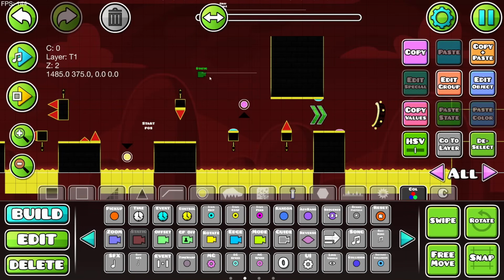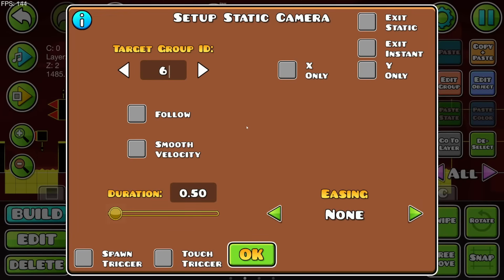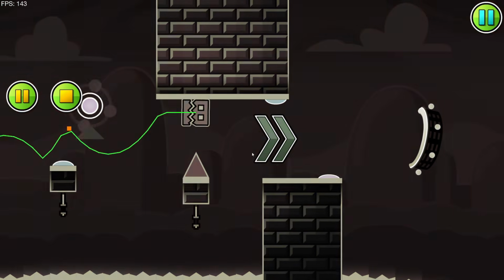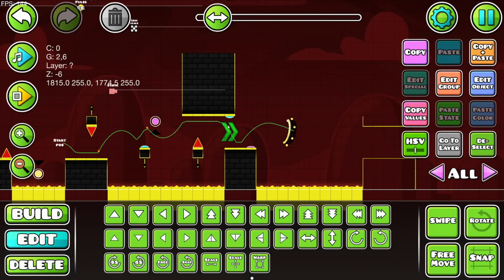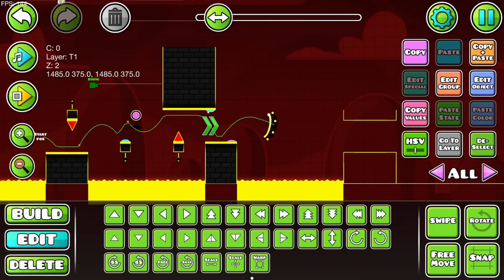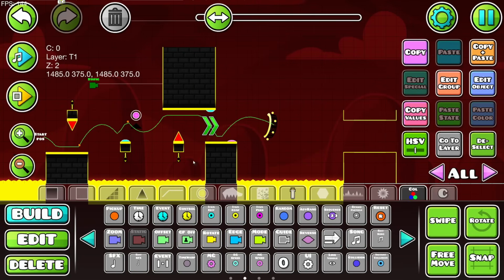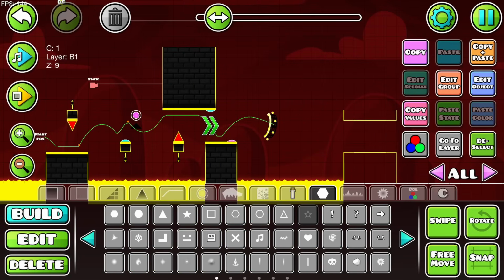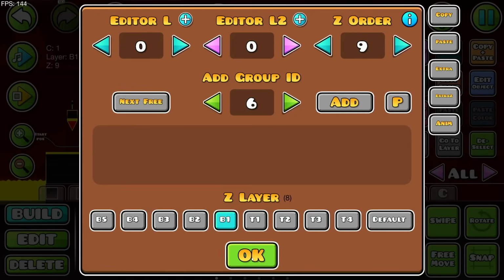pretty nicely into the camera control section of this video, where I'm going to place a static for group number 6 on an ease in out. 1 second, when we play here, you'll see that the camera's going to lock onto this little speed changer. It's not the greatest spot that I could have put this static camera, not going to lie. I should probably have put a different object, like a star maybe, behind it that's hidden right here, giving that